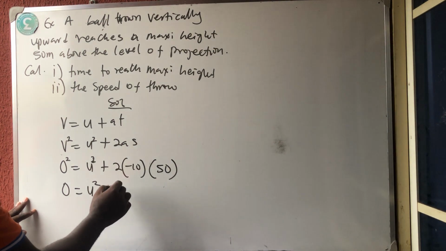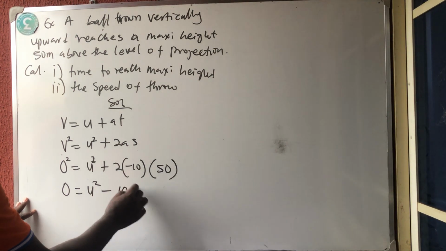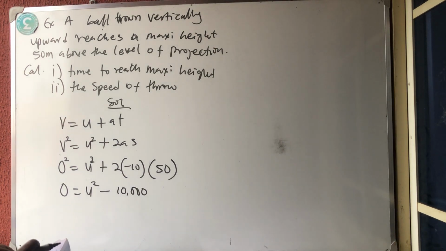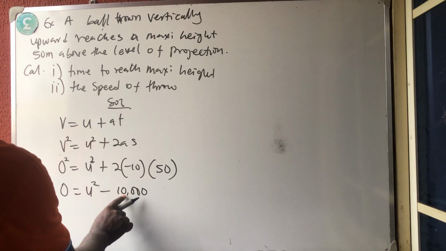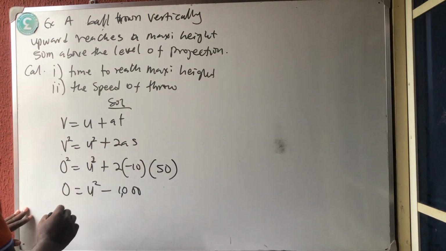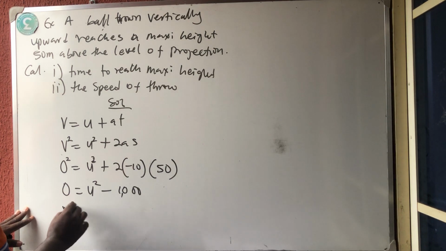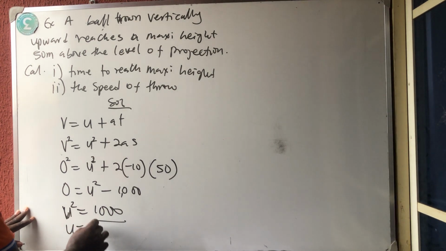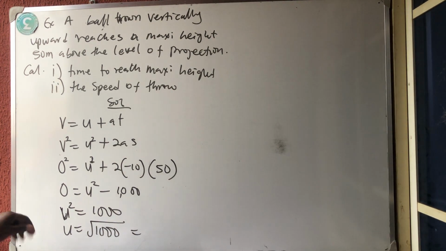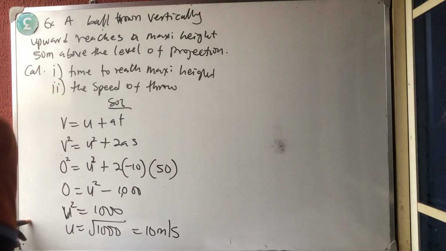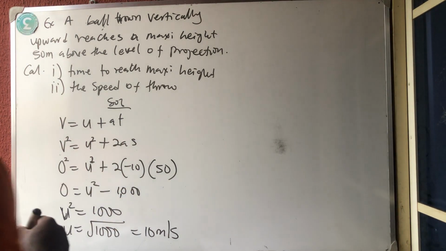So what do we have now? 2 times 5, 10, this 0, and this 1,000. So which means that my u squared is equal to 1,000. Then my u is equal to what? Square root of 1,000, which is 10 meter per second. Okay, 10 meter per second. Now the next thing we are going to do